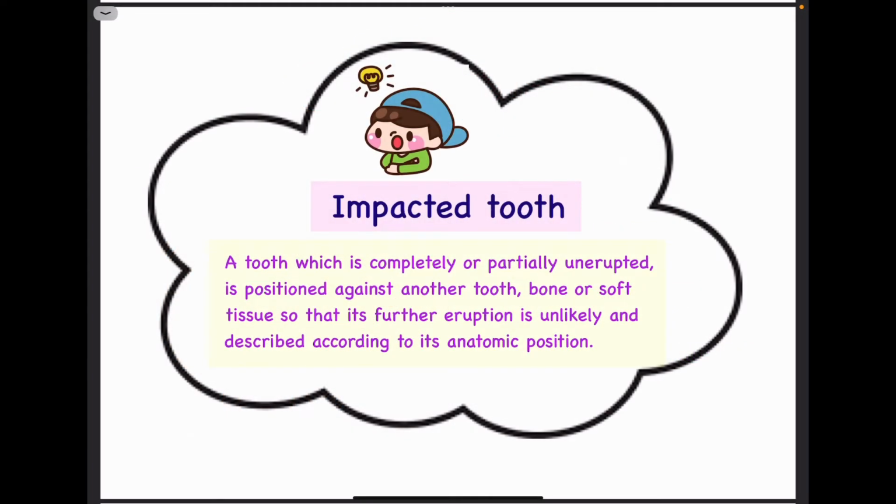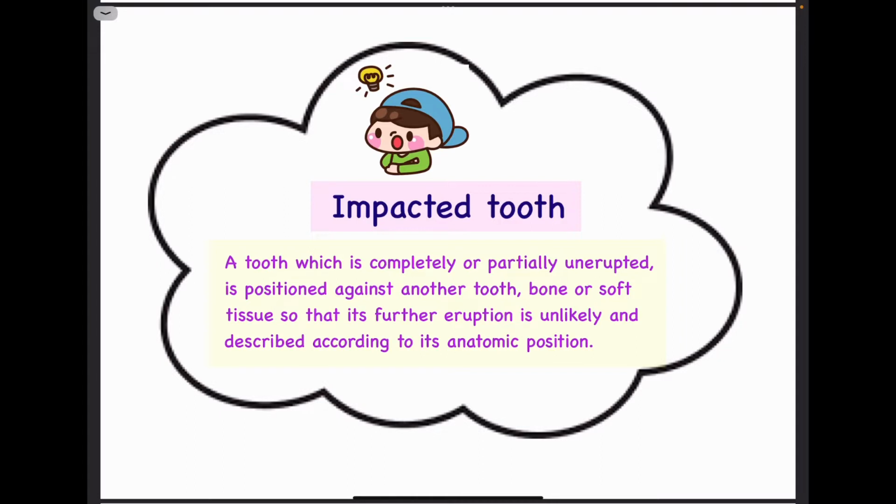So an impacted tooth basically is a tooth which is either completely or partially unerupted. Right now, by the word unerupted, we mean that this particular tooth hasn't reached its position, that is, it hasn't reached its occlusal plane yet, right? Therefore it is called unerupted, and it is positioned against another tooth. For example, if we talk about an impacted wisdom tooth, then definitely it is positioned against the second molar, right? So in this case our impacted wisdom tooth is positioned against the second molar, or it can be positioned against